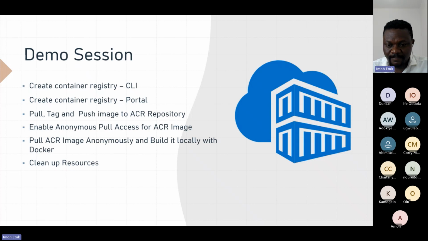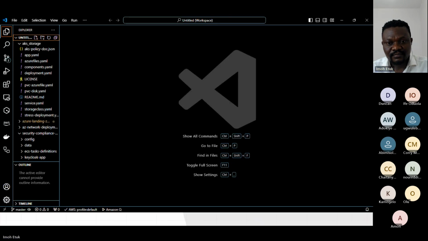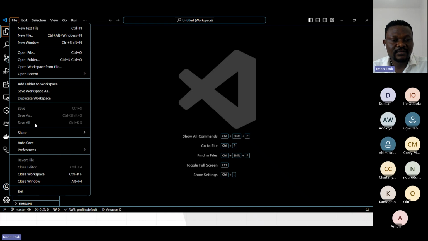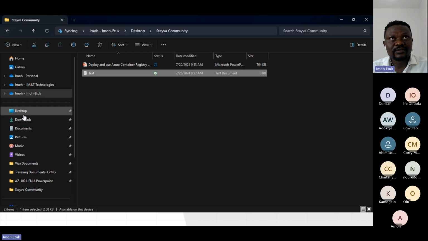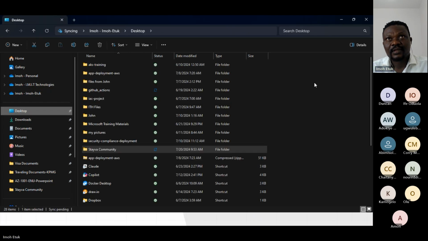So let me quickly jump to the first of all, we have to make a directory, make a folder, or we can just simply work, but let's make a folder first on our desktop. I like working in a directory. So you can go to desktop, create